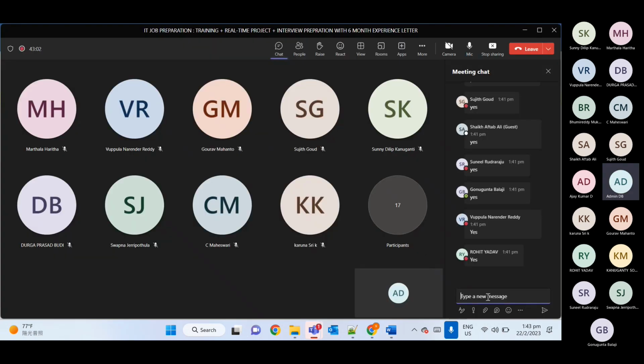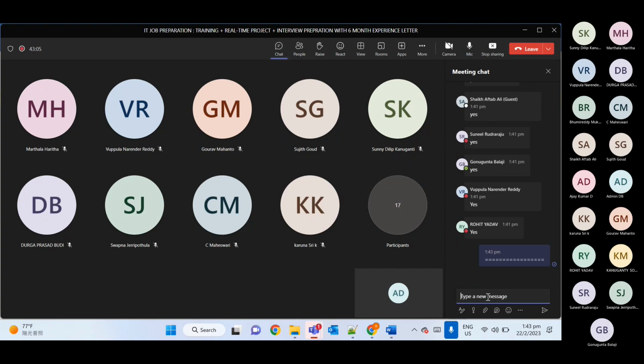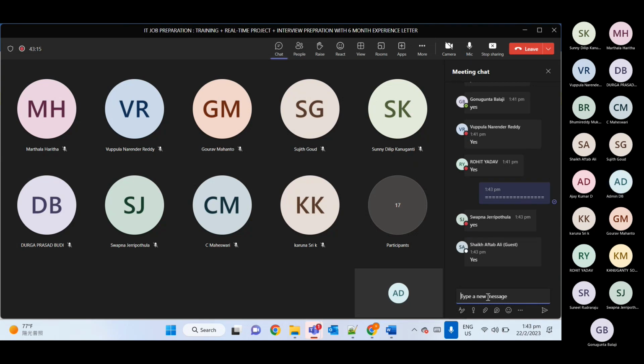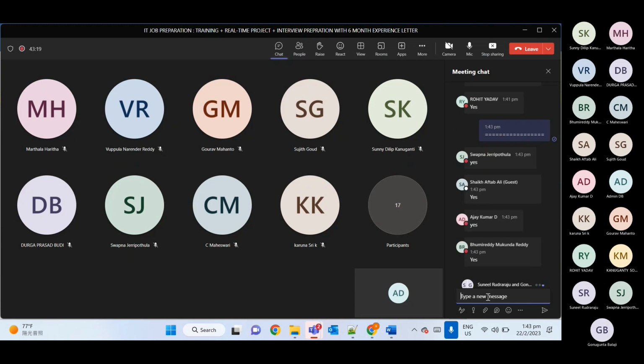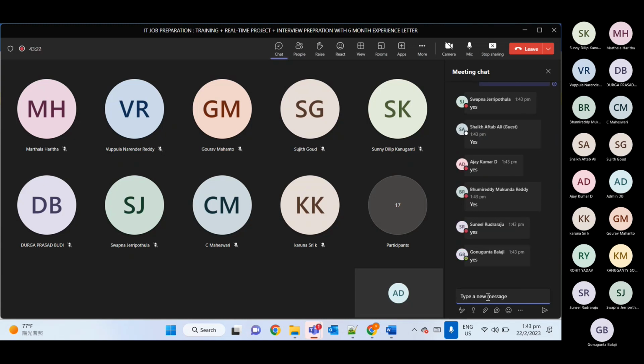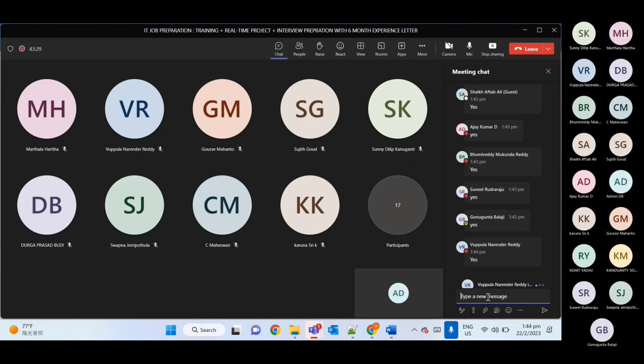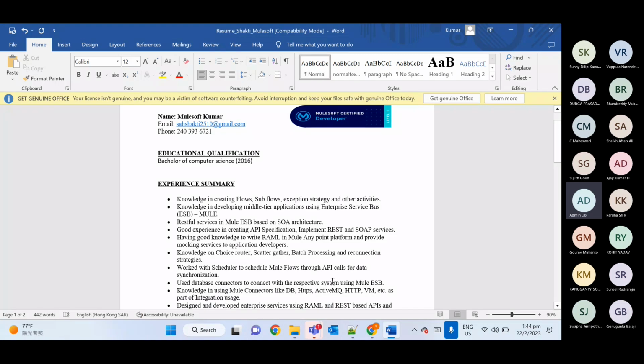Everyone reply with yes if you are done with these two parts, your personal details and your education details. Okay, fine. Then hope everyone is good on this part.